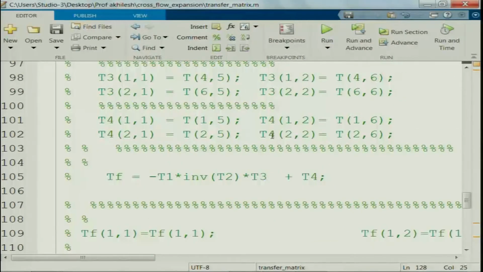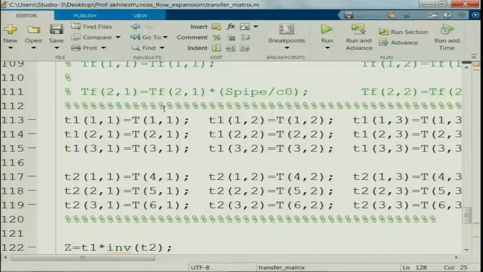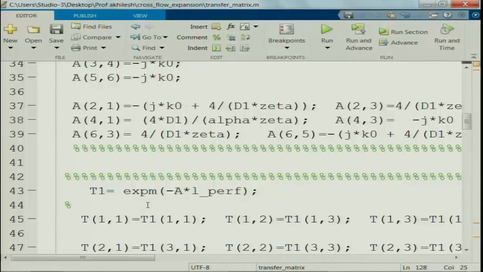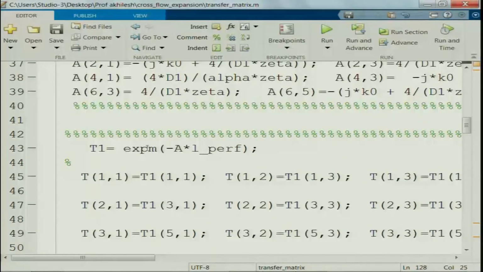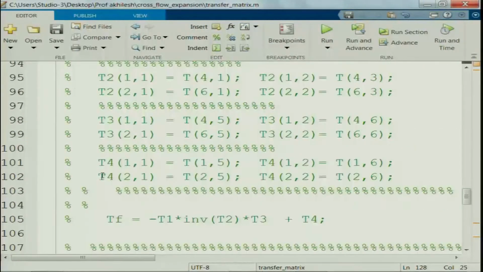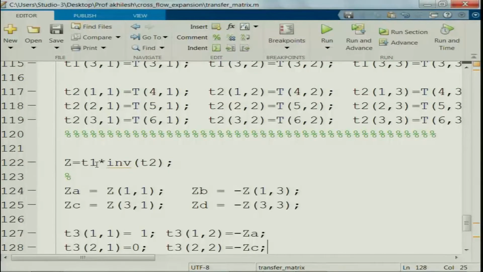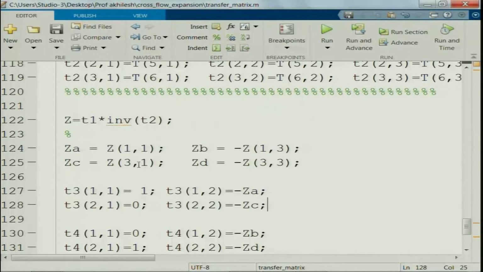And then I just comment out the other codes, and basically this is a kind of restructuring, or just extracting certain partial information from the T matrix, which we found up here by shuffling the different rows and columns of the T 1 matrix and putting them in the T matrix. Once we extract certain rows and columns from the T matrix into T 1 and T 2 matrices, this is really the inversion that I was talking about, and this is really your impedance matrix. So, it relates pressures at different ports, namely at port 1 and 3, to the velocities at ports 1 and 3.